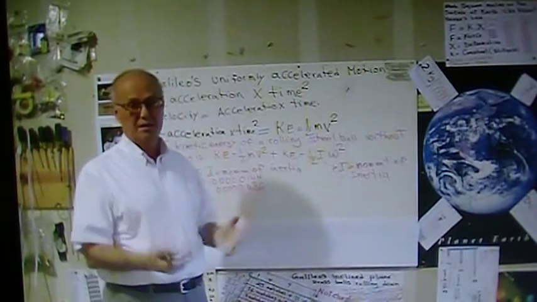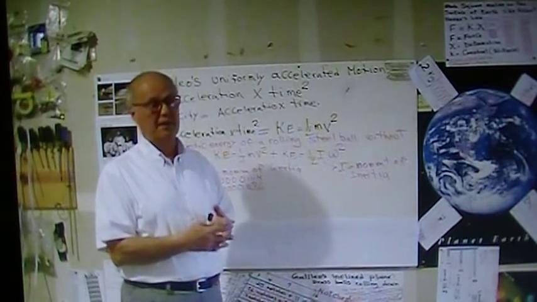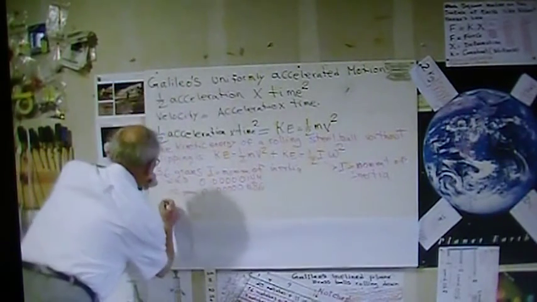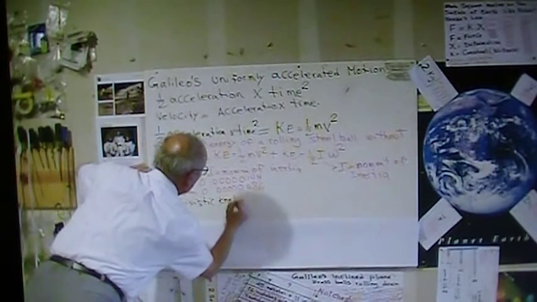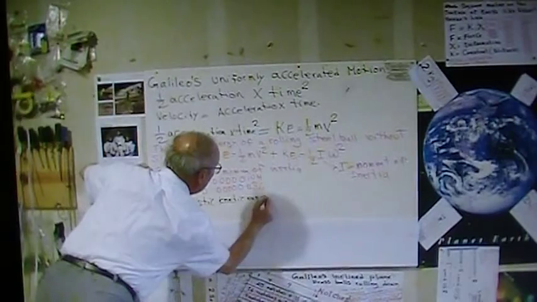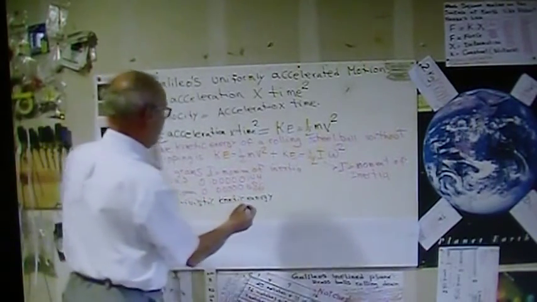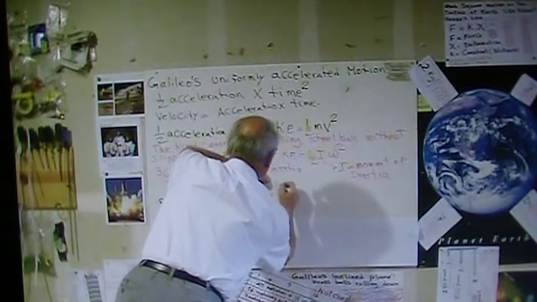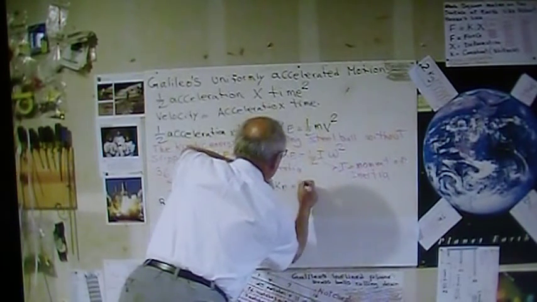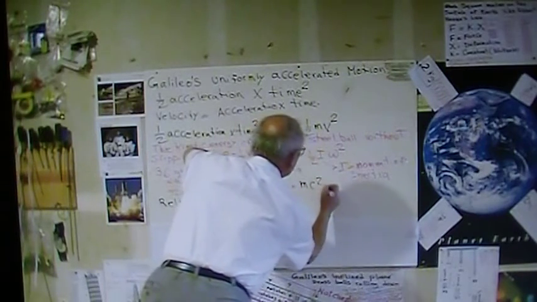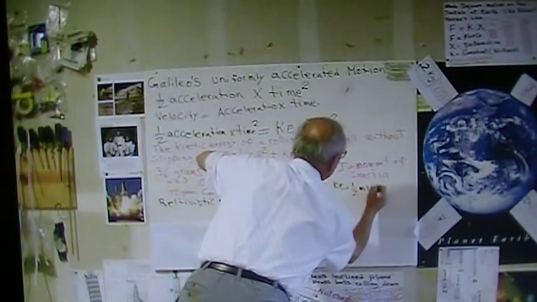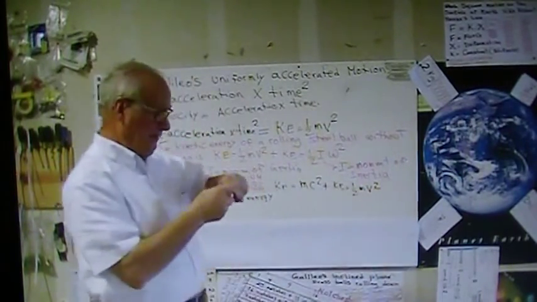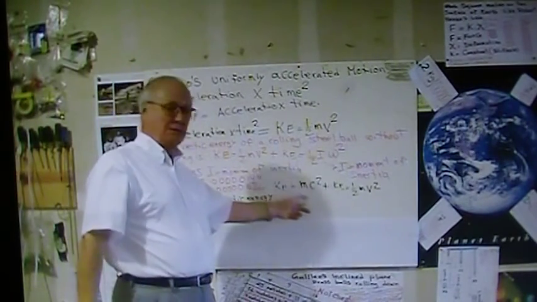They call it relativistic kinetic energy. In fact, the relativistic kinetic energy, so you can see, is the combination of Albert Einstein's formula